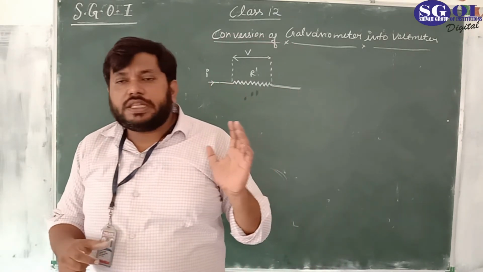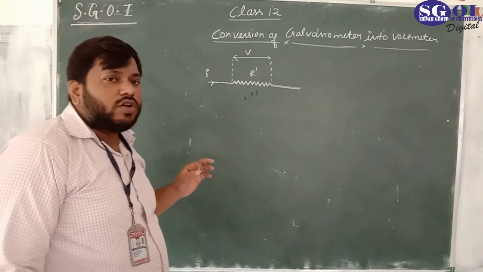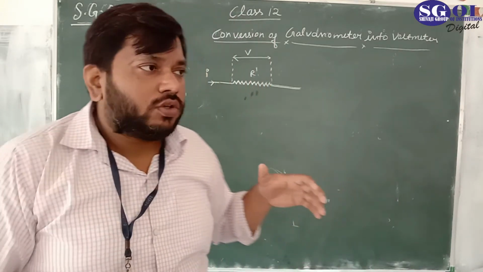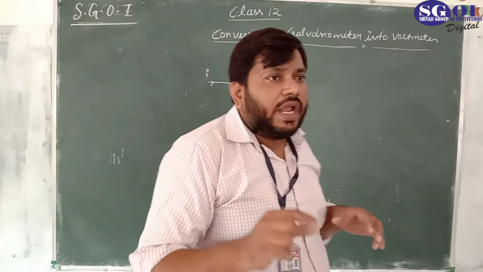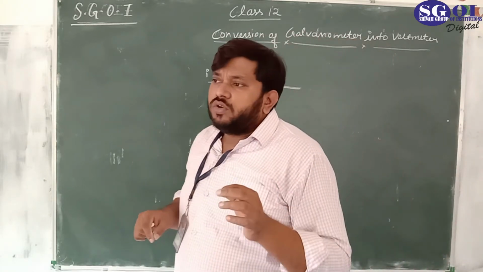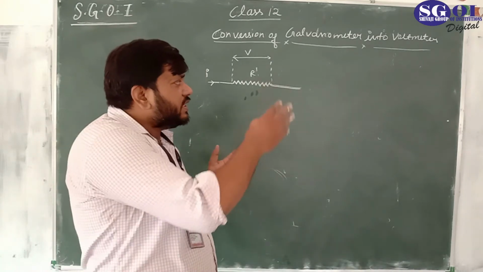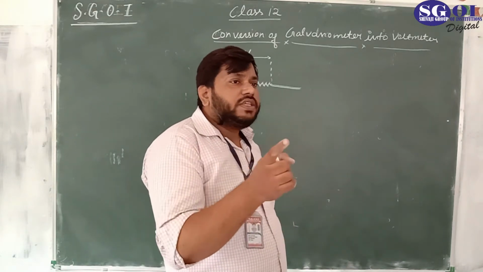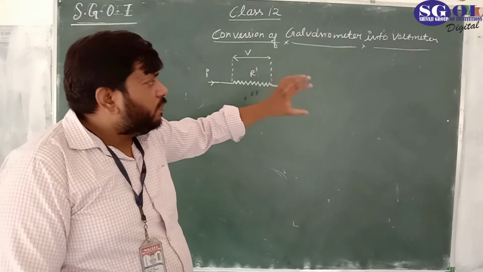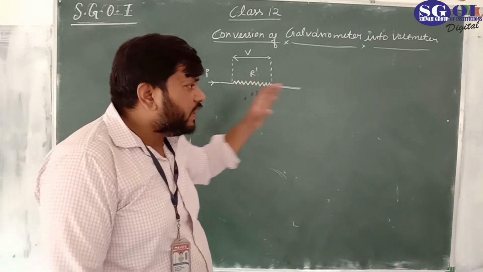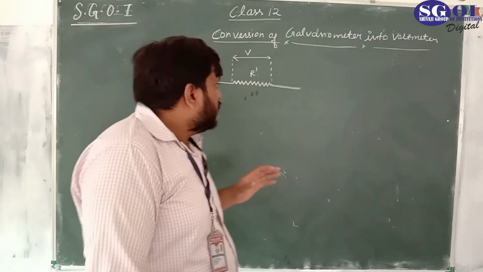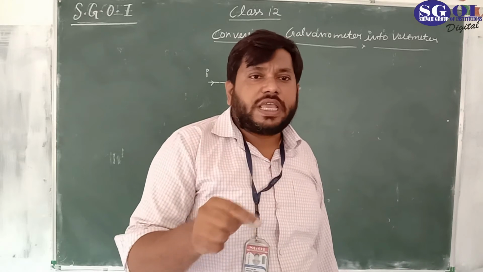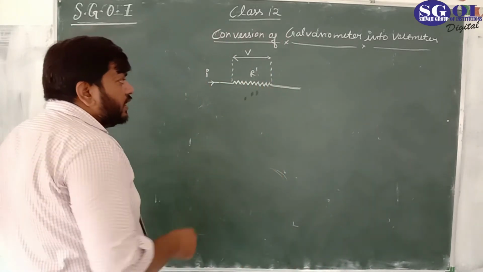We have seen in the galvanometer that deflection of the galvanometer is because of the current flowing in the galvanometer, and current is because of the voltage given to the particular galvanometer, and V equal to IR, we know that. So if the deflection is because of the current, it could also be because of the voltage. Means the deflection in the scale could be because of the voltage given to the galvanometer. So the scale could have divisions in terms of voltage rather than current.